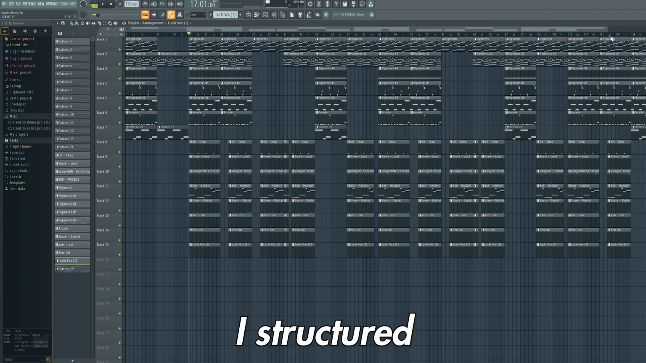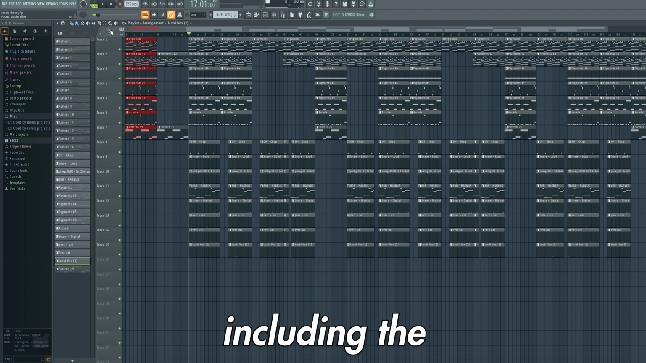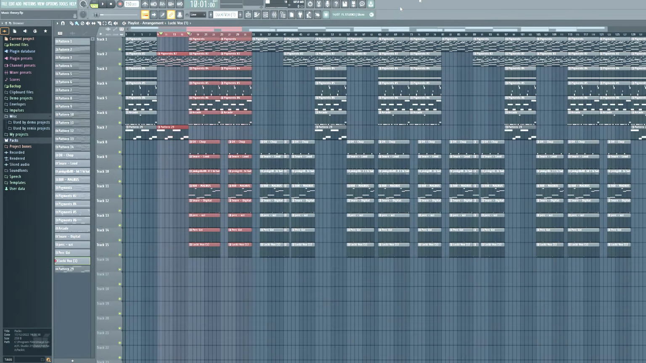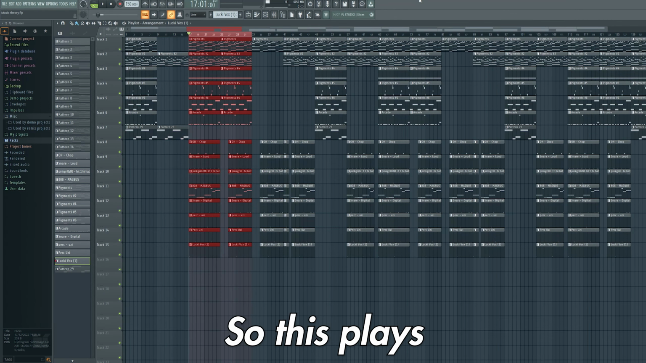Finally, this is how I structured the beat. I structured the first 8 bars with all melodic components playing, including the bass line. The next 8 bars cut out the majority of these melodic components. The next 16 bars are the hook, so this plays all of the melodic components and all of the drums,